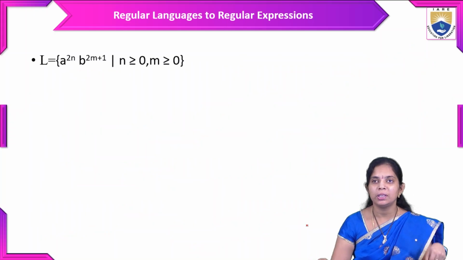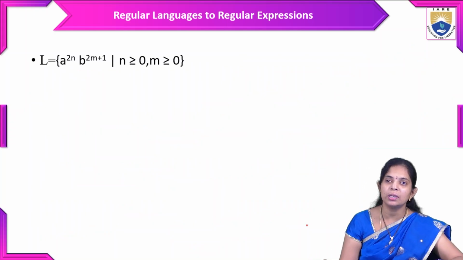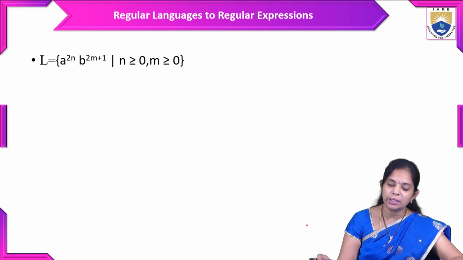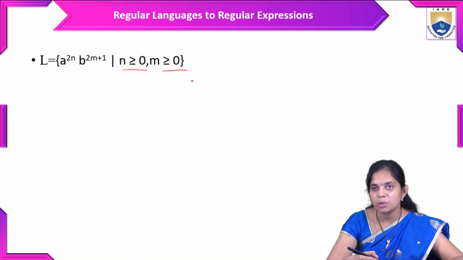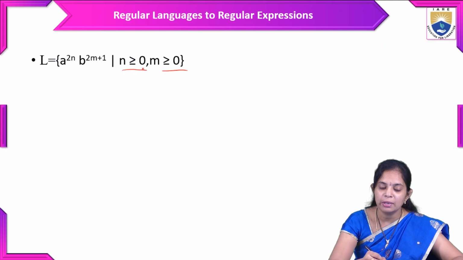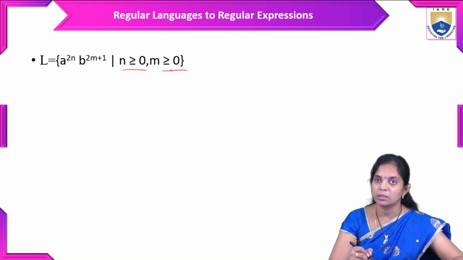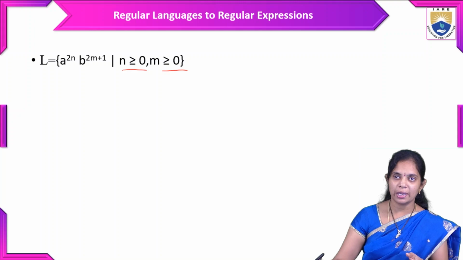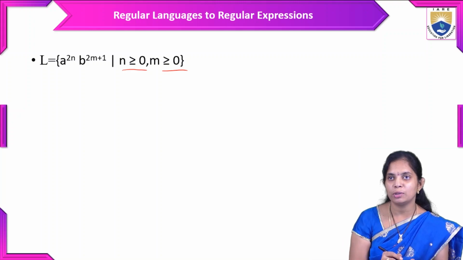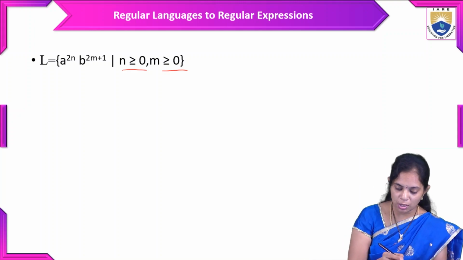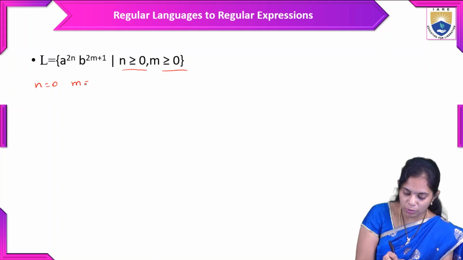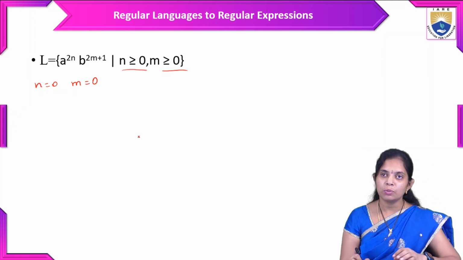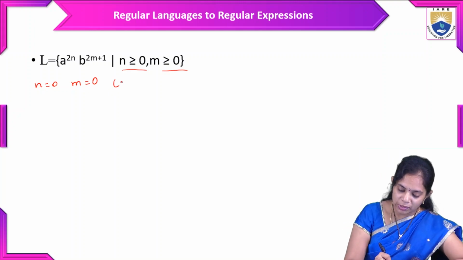Here is one language which is having iterations, so we have many possibilities. We will write the regular expressions based on the values we take for n and m. So we'll write the first language for the input values; multiple input values are there. First we will take n equal to 0 and m equal to 0. For this one, we will write the language